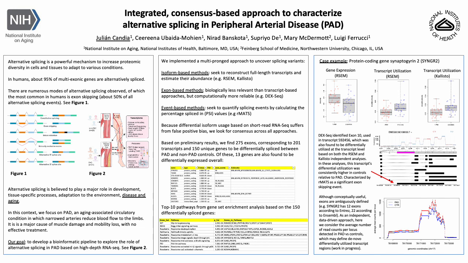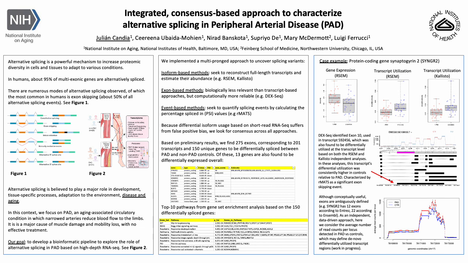approaches. So based on our preliminary results, we find 275 exons that correspond to 201 transcripts and 150 unique genes to be differentially spliced between PAD and non-PAD controls. And of those, 13 genes are also found to be differentially expressed overall and shown in the table in the center panel. The top 10 pathways from the gene set enrichment analysis based on the 150 differentially spliced genes are also shown below. And as a case example, the top of the panel on the right shows one protein coding gene